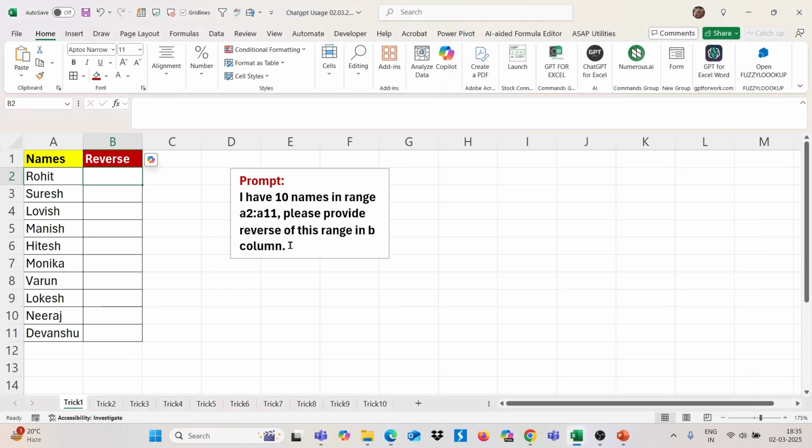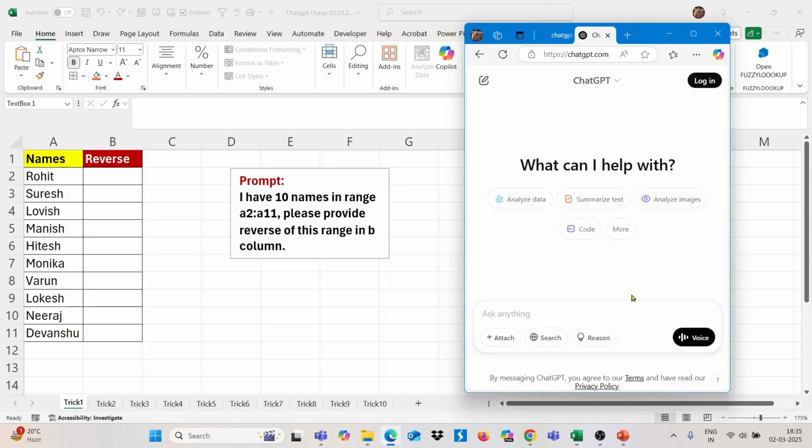So I have already typed one prompt here. I have 10 names in range A2 to A11. You can see A2 is the cell for Rohit and A11 is the cell for Devanshu. So I have typed here A2 to A11. Please provide reverse of this range in B column. So I'm going to select this prompt and I will type this prompt, or even you can do copy and